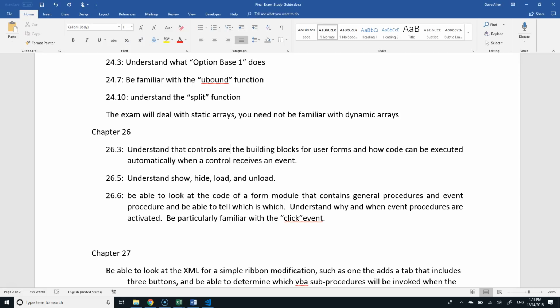So show, hide, load, and unload. Let's just go over these. We did an example of this, I think, in class last Wednesday. A form can be in three states. It can either be on the disk, not in memory, not on the screen, so it's not open at all. It can be open and showing on the screen. That's all the way at the other end. But there's a middle no man's land in there, and that's where it has been loaded but not shown.